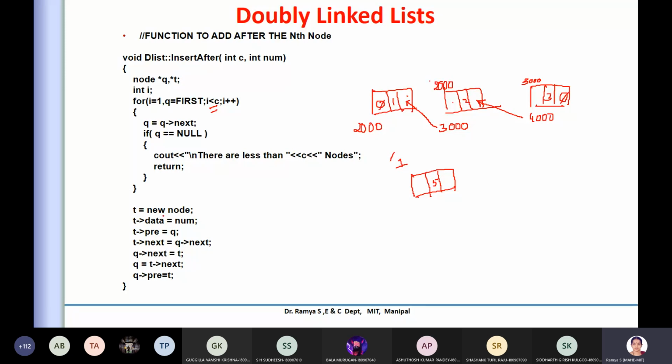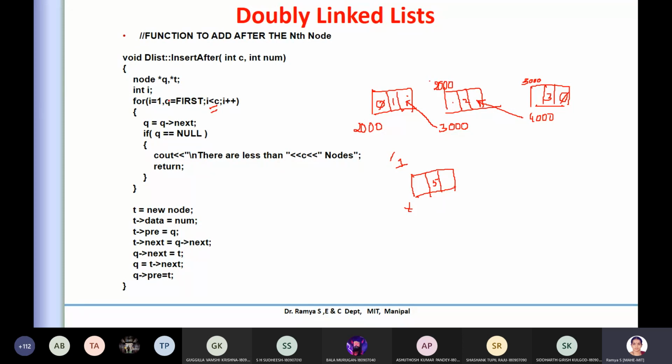I will just check that. So this is the t node, your newly created node here. Now data, whatever the number is, say for example 5, is being added here. Now what will pre be? It is nothing but q. Where is this q? Q is what you initialized initially when creating it.